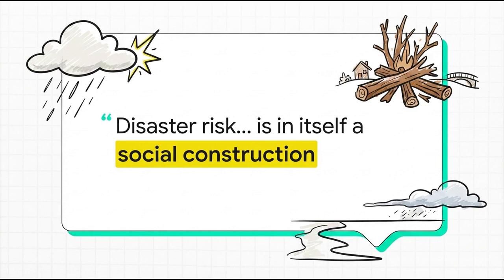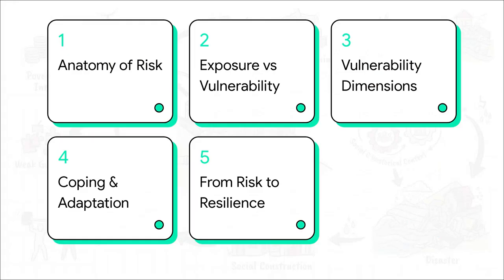Think of a natural hazard, like a massive hurricane or a severe drought, as a spark. We literally cannot stop that spark from happening, but we can absolutely control the amount of dry tinder we leave lying around in our communities, right? That dry tinder, that's our human vulnerability. The IPCC report makes it crystal clear that we build the conditions for a disaster long before the storm ever actually hits our shores. So here's our roadmap for today.